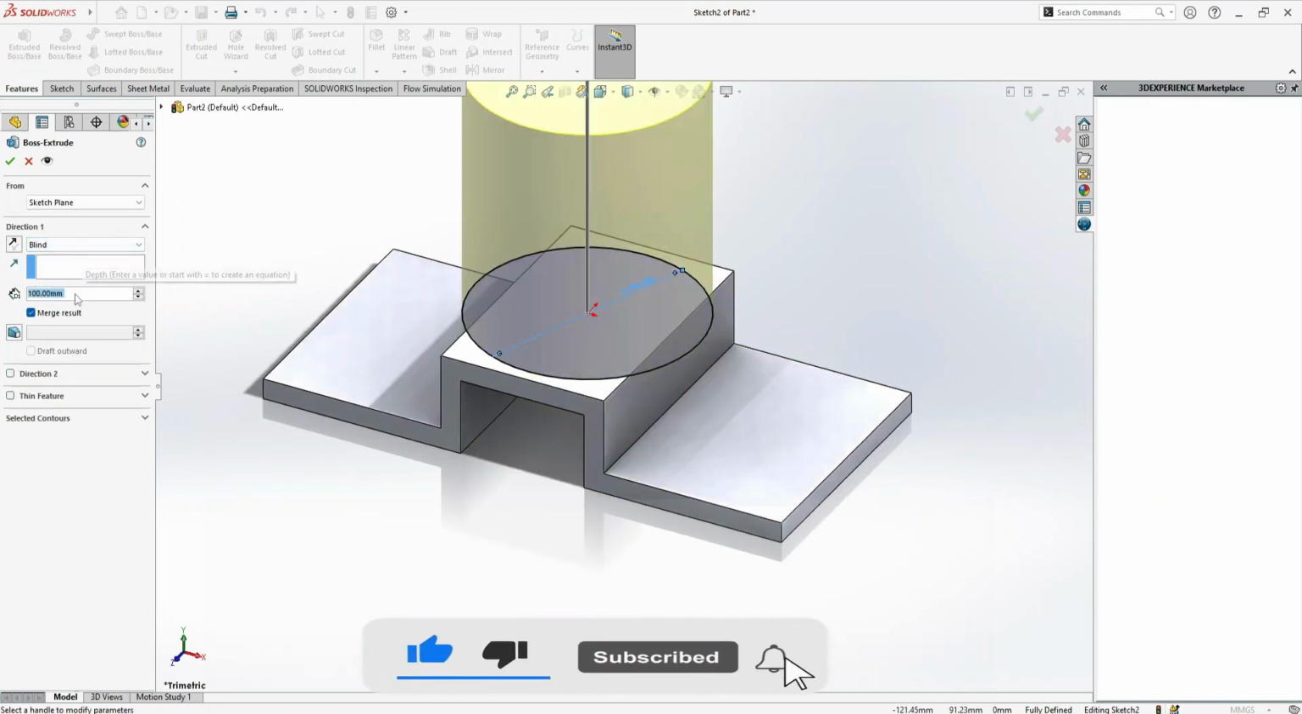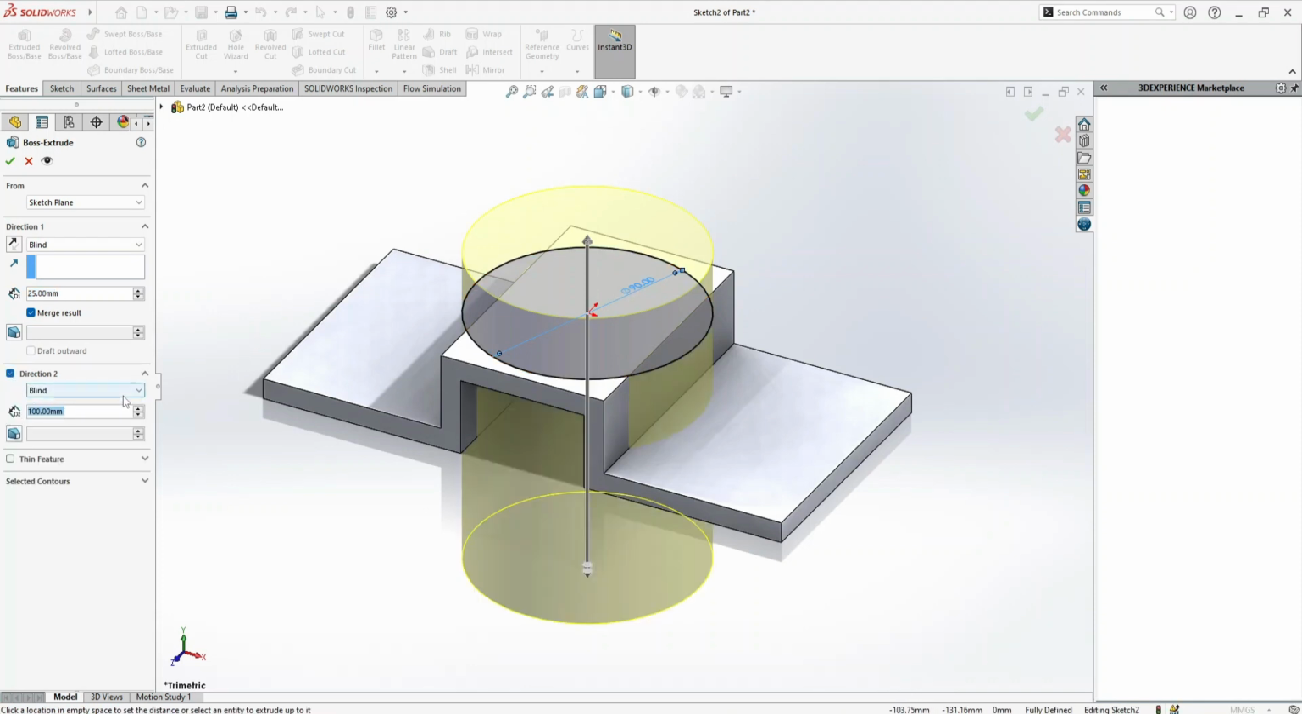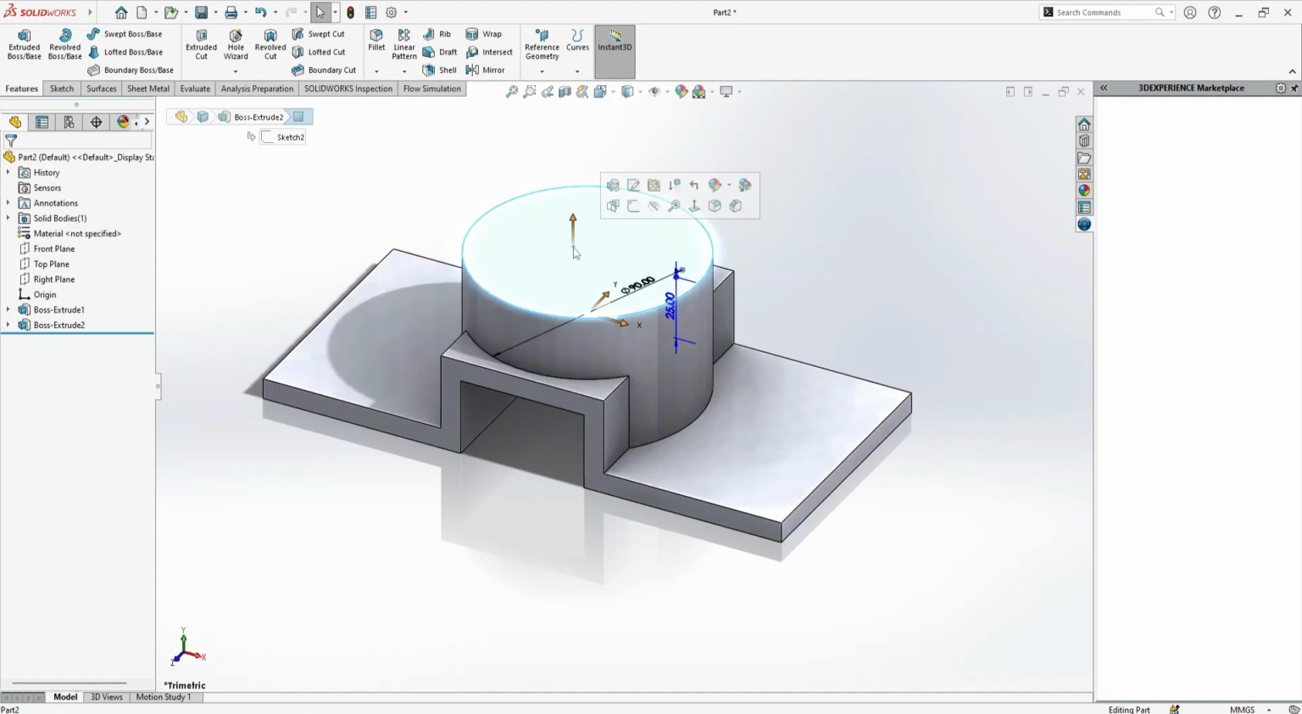This is going to be 25 mm. And I want to make this cylinder go till this face. So I have the option Direction 2 and select here Up to Next. Done. Next is again select the top face, sketch,